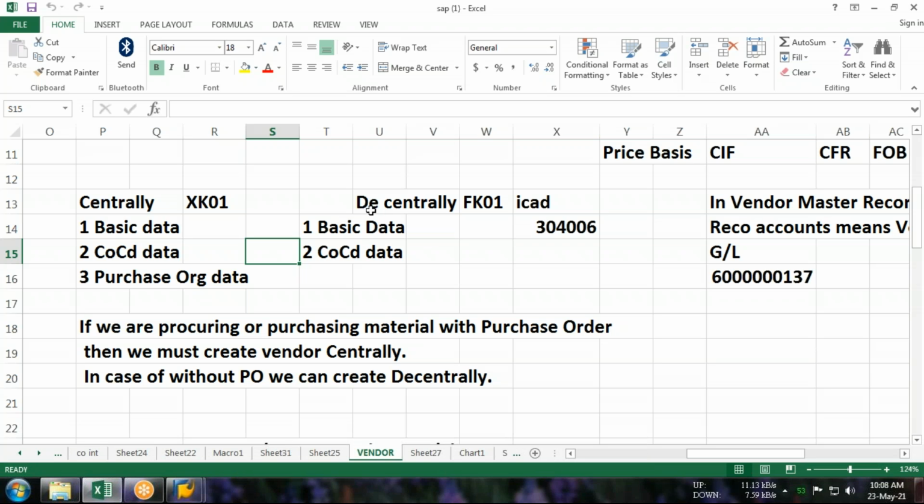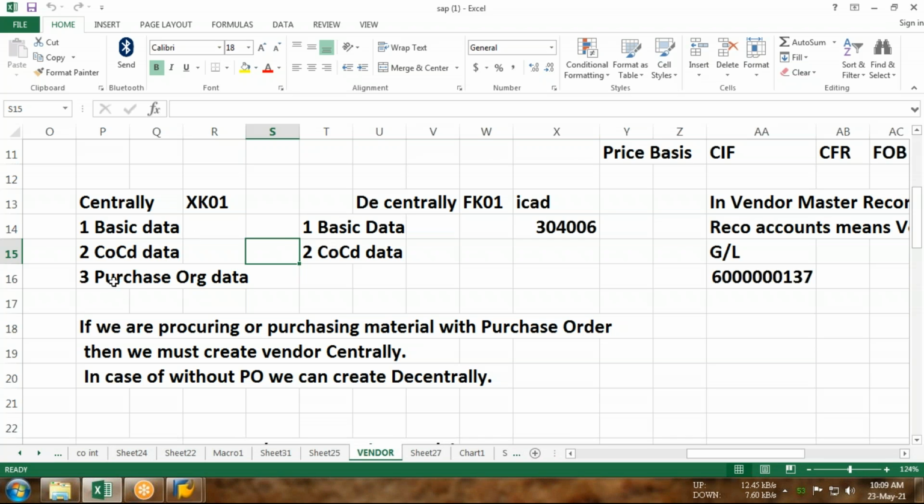Everyone getting this? Any confusion? Now, what are the components coming under the basic data? What are the components coming under the company code data? Let's see while we will be maintaining the vendor master record. But before that, you need to understand that whatever information we are going to collect for our vendor master record purpose, that entire information shall be classified into these three data segments. Number one is the basic data segment, number two is the company code data segment, and number three is the purchasing organization data segment. So these three will constitute a vendor centrally.